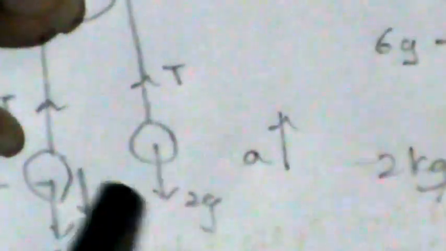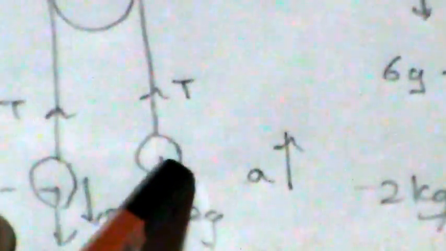Right? And for the 2 kilogram mass, I put F equals ma so that the acceleration is equal. The acceleration is positive in the direction I am putting, which is upwards, so I will put F equals ma upwards. The tension is acting upwards, the weight of the object, 2g, is acting downwards, so I take the force upwards minus the force downwards, so T minus 2g is equal to 2a. So this is equation 2, right? T minus 2g is equal to 2a, equation 2.